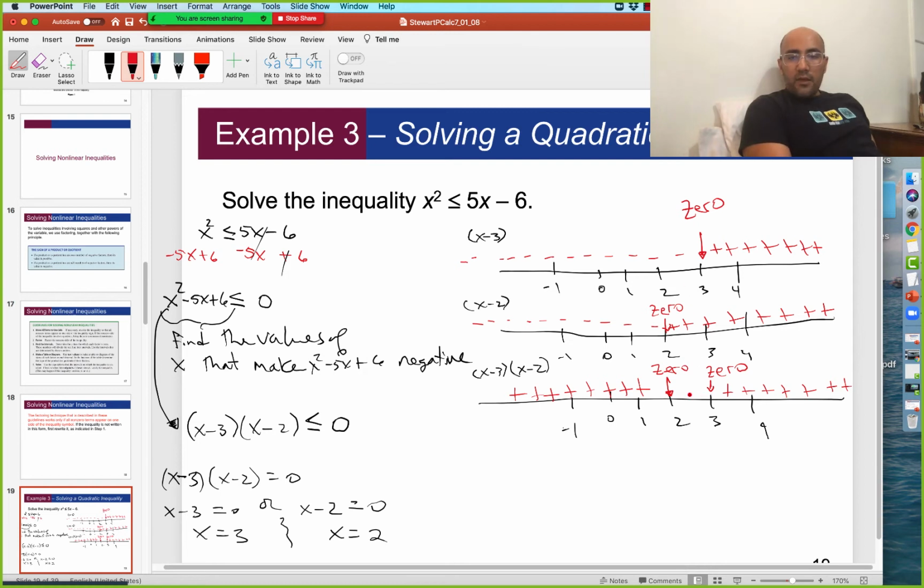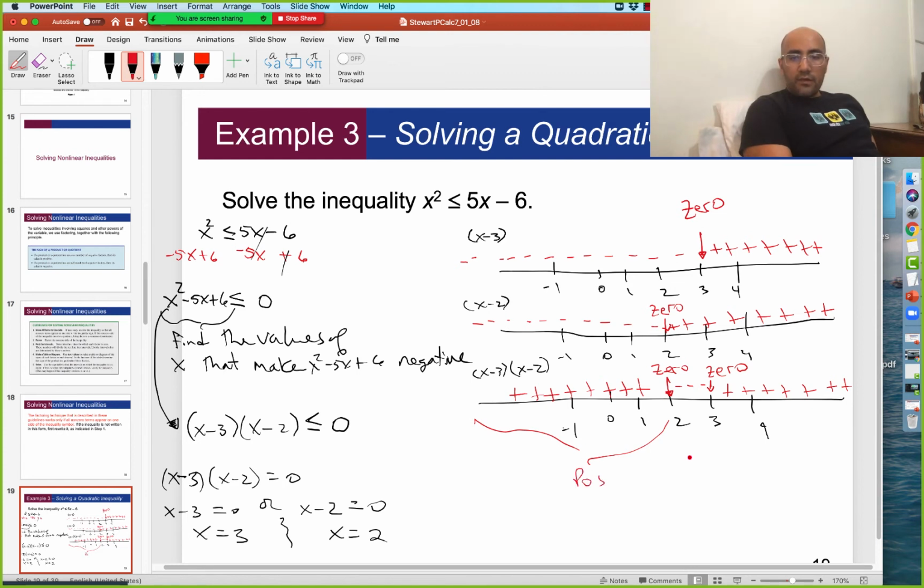And then in the middle, between the 2 and the 3, if we pick a value of x somewhere in the middle, this binomial results in a negative, this binomial results in a positive, and negative times a positive will be equal to a negative. Okay. So what we've concluded is that if x equals something over here, the product of the two is going